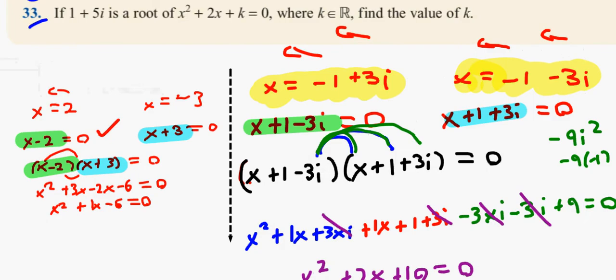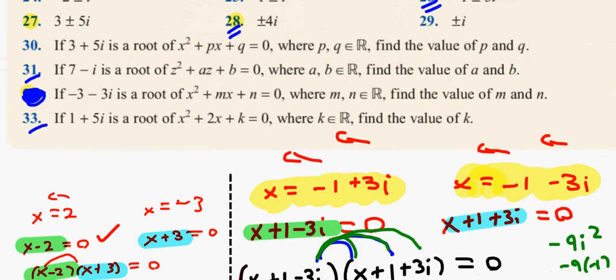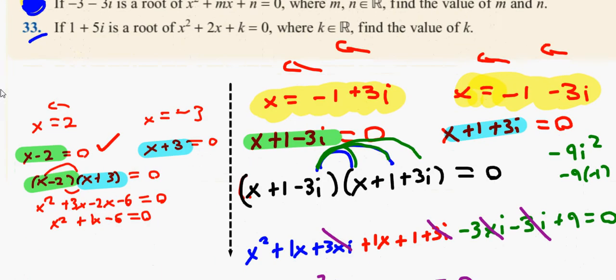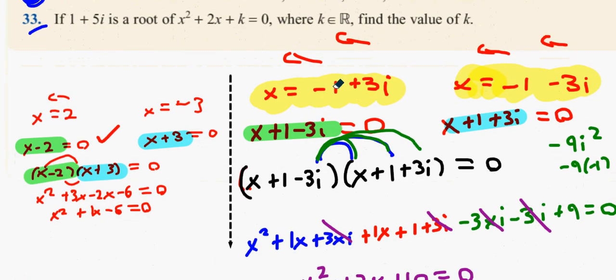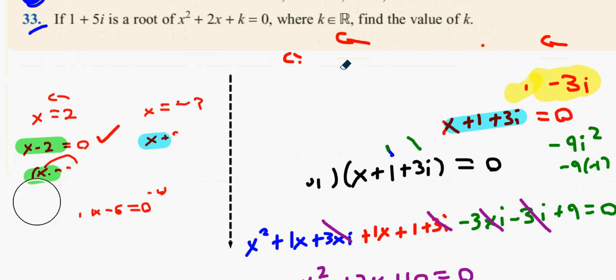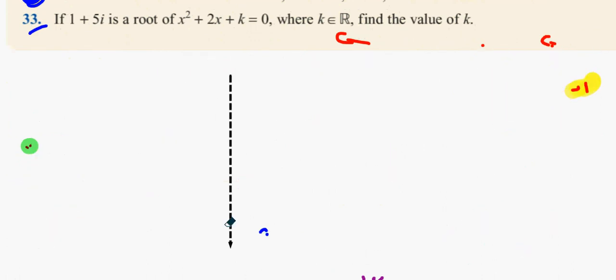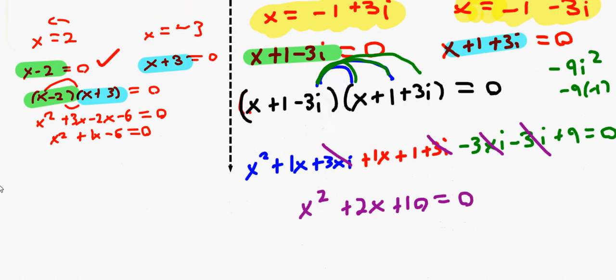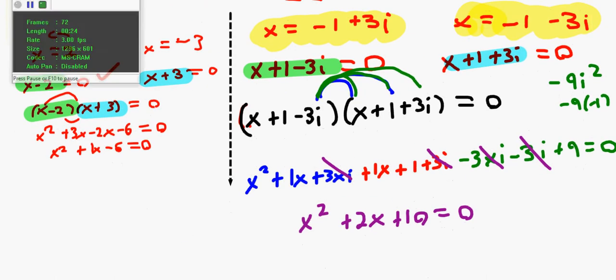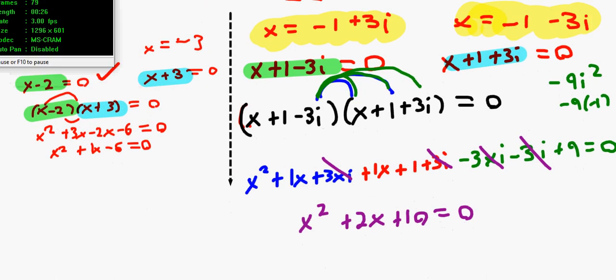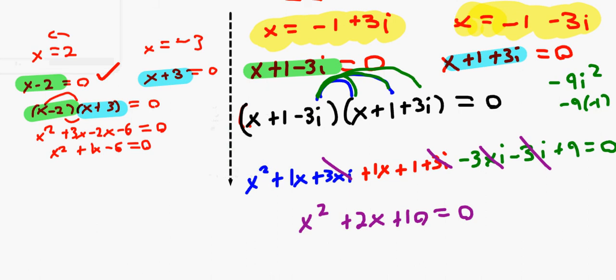Now, alright, what's the next one? 28? Alright, now the next one for 28 is question 28. Sorry, was somebody taking that down? Wait. Not 33. Sorry, not 33. Well, alright guys,